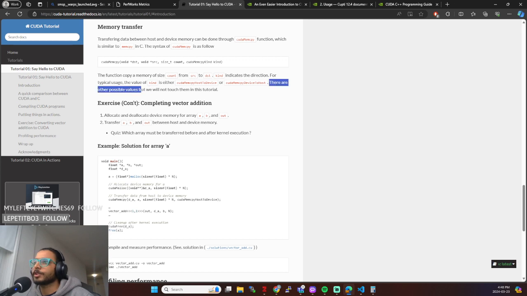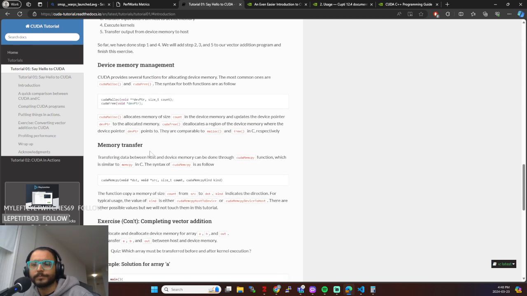So there are other possible values. We will not touch them in this tutorial. We don't need them right now. For now, these are the two kinds, right? The argument that you'll pass for